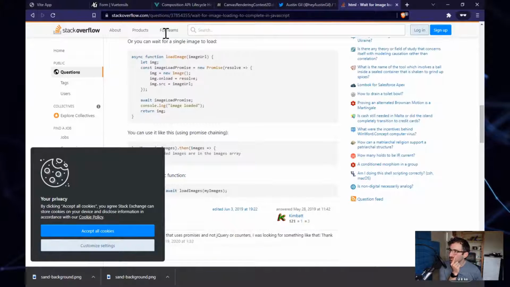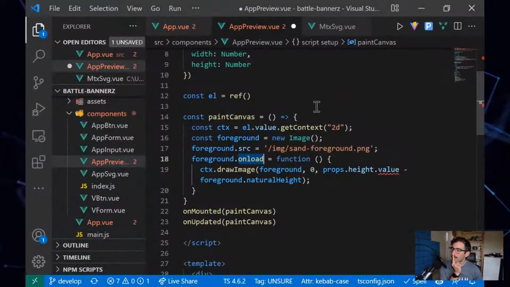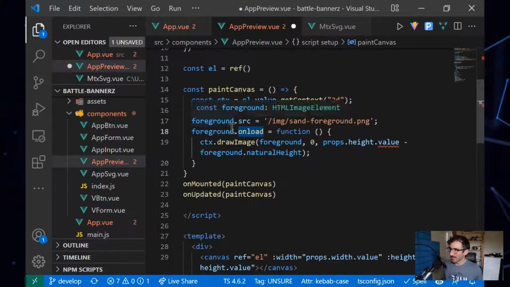Okay, there's something here. You can wait for a single image to load. I'll figure that out another time. I don't need to figure that out today. Okay, so